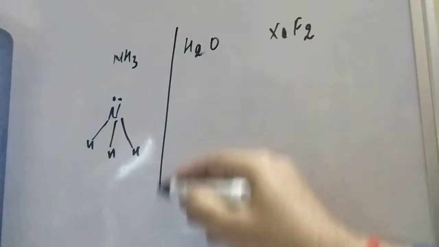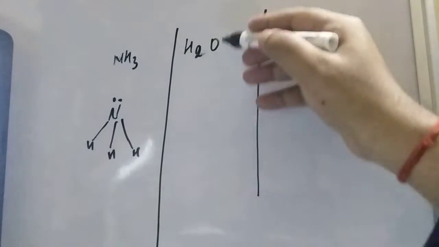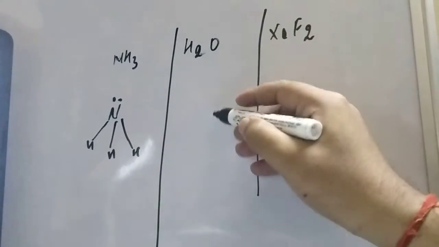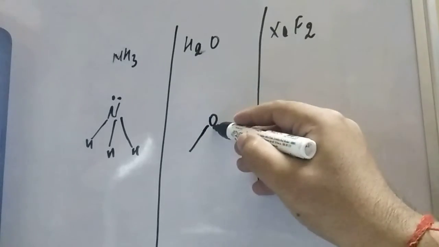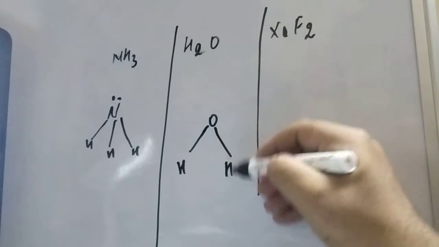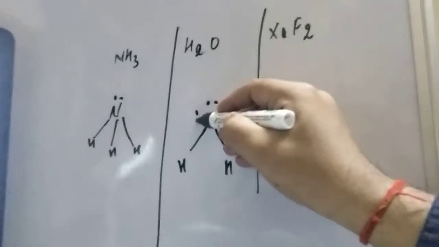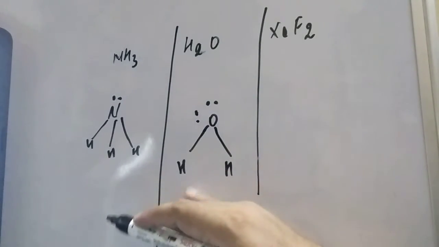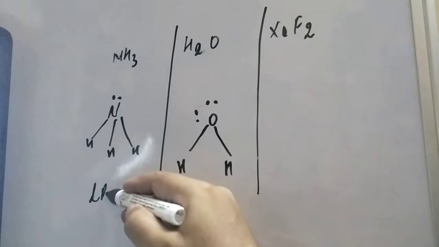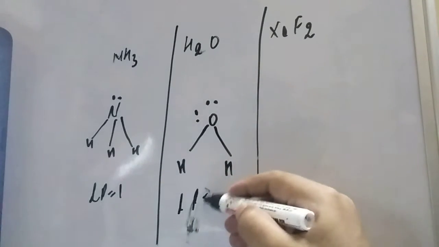If you talk about water, student, it has 6 electrons. So what does 6 electrons mean, student? 2 bond pairs it will form, here is hydrogen, here is hydrogen. And what will be there, student? 2 lone pairs. So here will be the 6 electrons. If you talk about the lone pair here, it is 1, and here is another lone pair. How much is there, student?